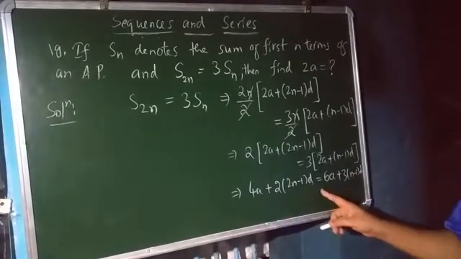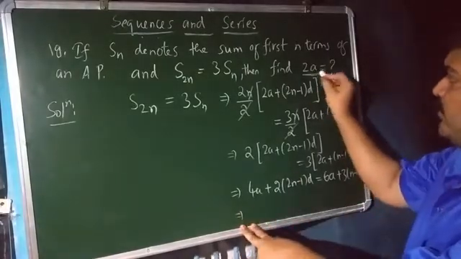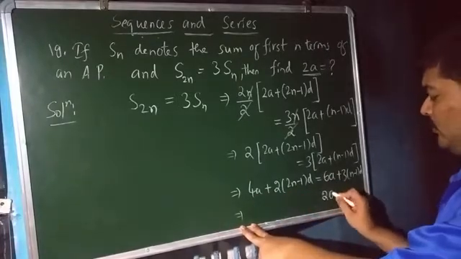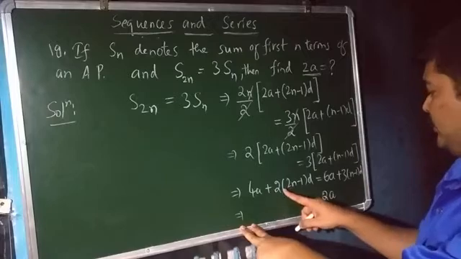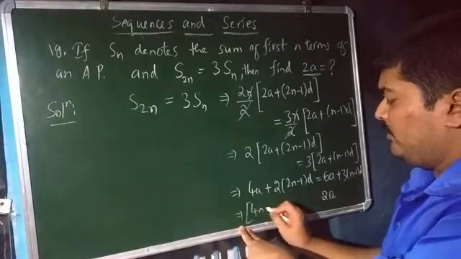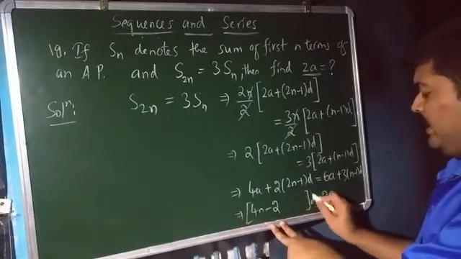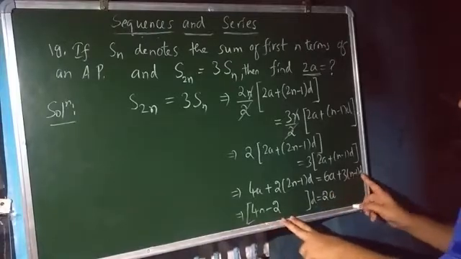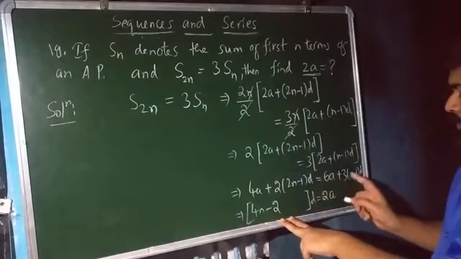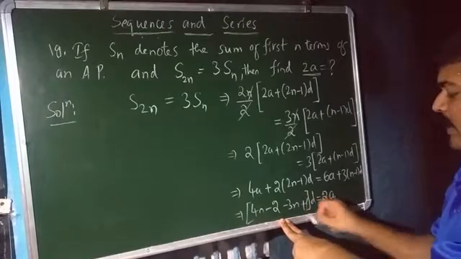I hope all of you can understand the solution up to here. Now this implies we are supposed to find the expression for 2a, isn't it? We will get 6a minus 4a, that is equal to 2a, is equal to, now multiply these terms inside. You are just left with 4n minus 2, isn't it? After taking the term d as the common one and shifting these terms to that side, you are just left with plus goes to that side, you will get minus 3n minus of minus, that is plus 1.